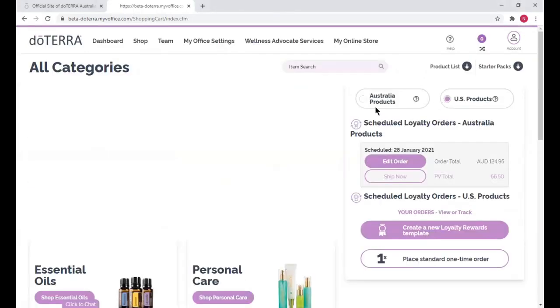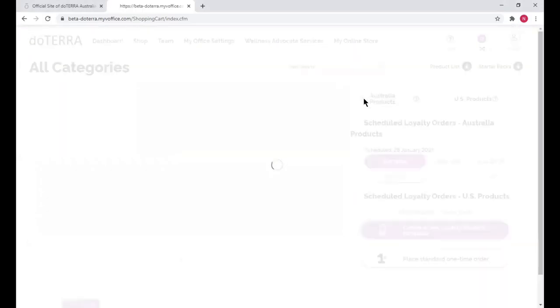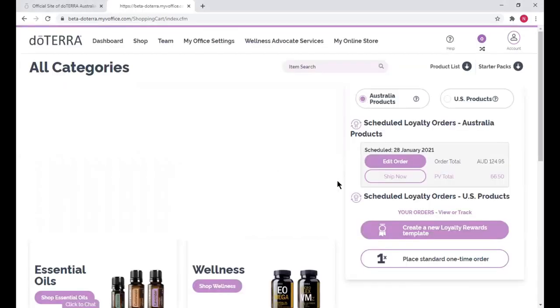After this, there are two types of orders you can place. The first order type is what we call a standard order. This is simply a one-time order that does not count towards the Loyalty Rewards program. You cannot earn product credit points from a standard one-time order. To place a standard order, simply click on the white Place Standard One-Time Order button on the right of the